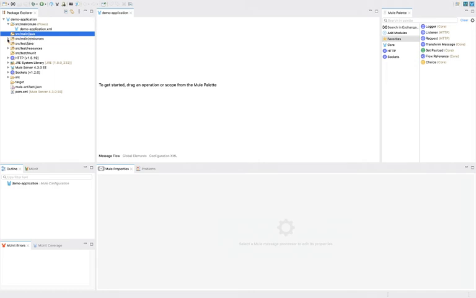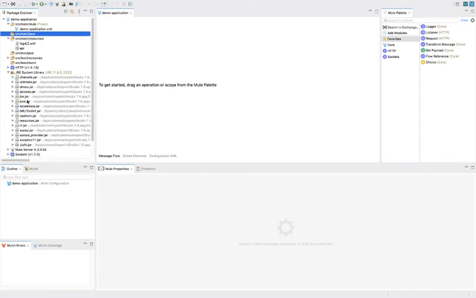You will write your Java code inside this folder. Then the resources folder will contain all the resources. For example, whatever API you create and use for this Mule application will be there. If you have any other resource, for example any property file or examples file, you will keep it inside this resources folder. These two, test java and test resources, are for whatever demo things or dummy data you want to keep. Then you can see here the JRE system library.